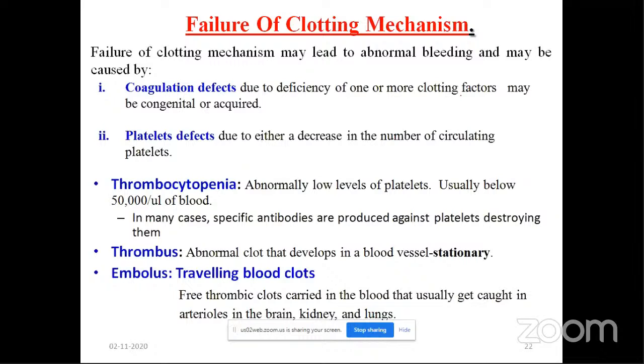So let's come to the last topic in today's lecture. What happens whenever the blood fails to clot? Now, what could be the reasons for the blood to fail to clot? Maybe the number of thrombocytes is very low in the blood. Normally we need,